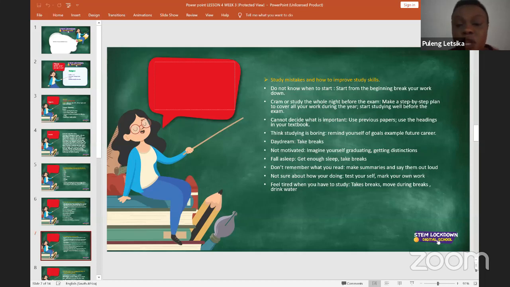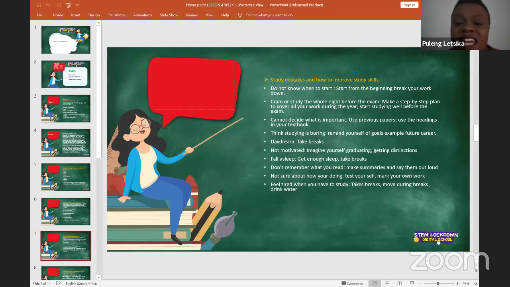Well, this is not very good, especially nowadays when there's a lot of stress. It can cause you to panic, it could cause anxiety, it can cause you to break down. So you can't just cram the night before. Don't put yourself under the pressure of having to study the night before.